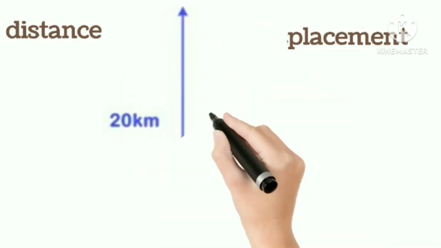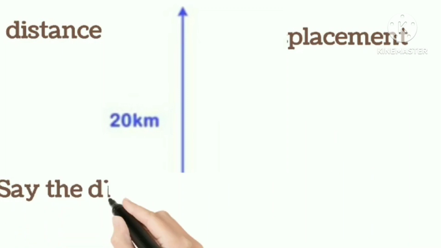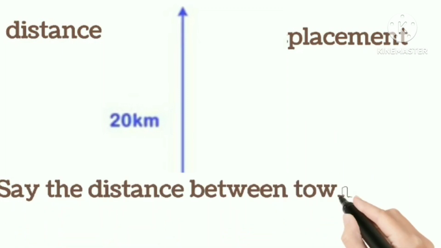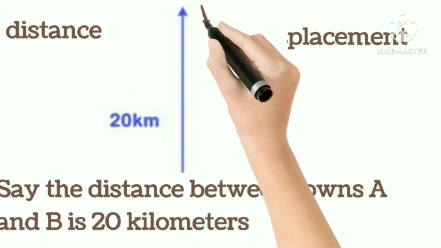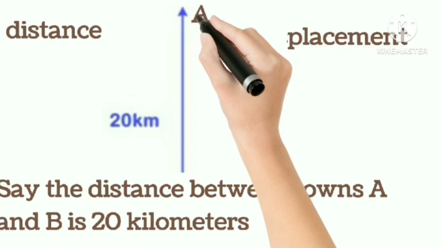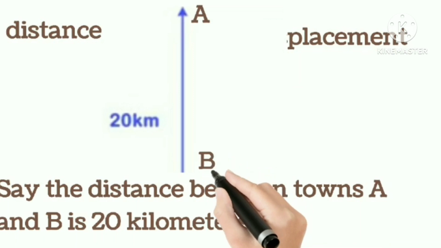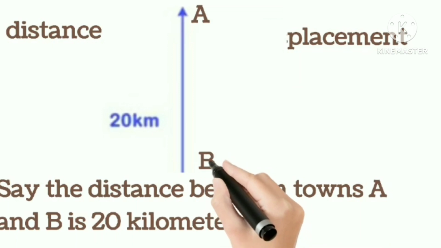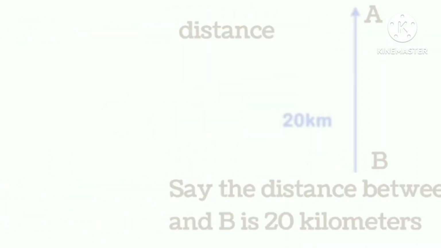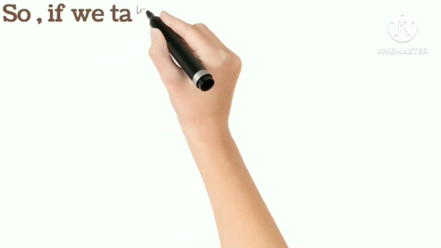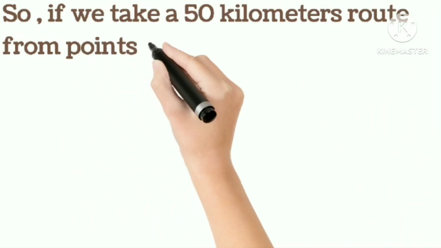One figure you can see. Let's say A and B. Say the distance between points A and B is 20 kilometers. You can see A and B is 20 kilometers. So if we take a 50 kilometers route from points A to B,